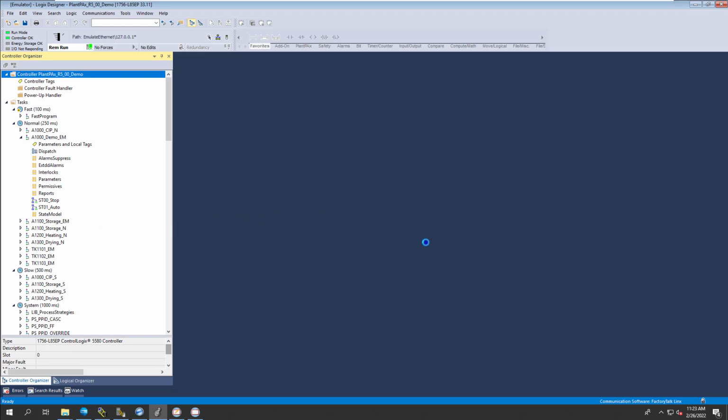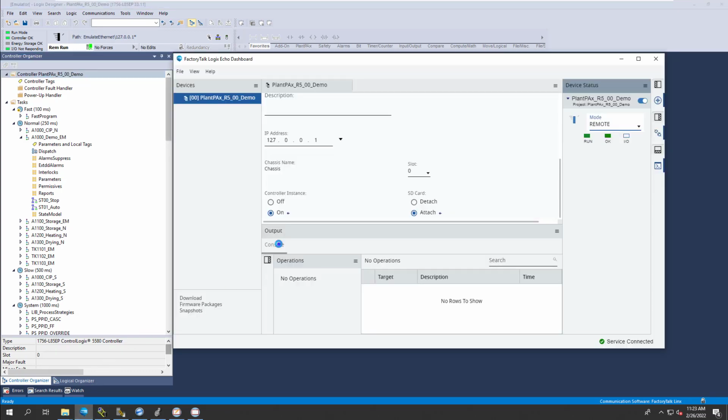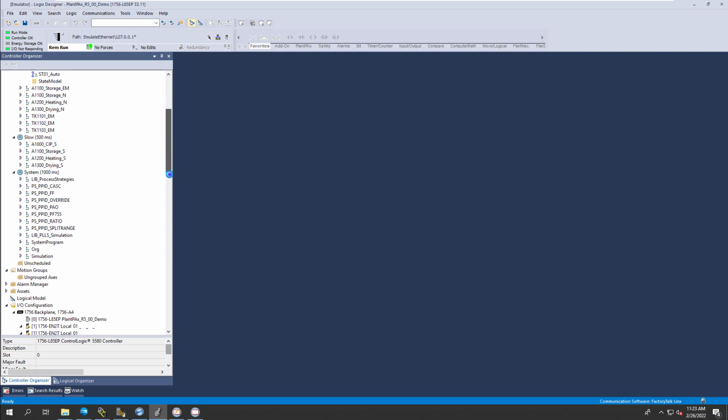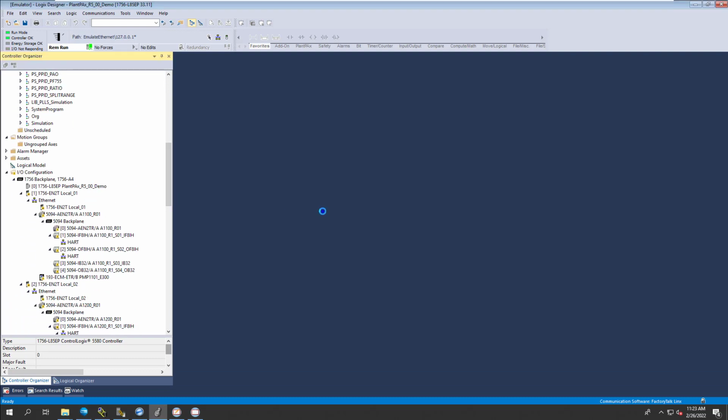But I want to introduce this and show you how this was done, because again, PlantPAX is a used thing, and 5.0 is moving forward, and also how to actually go in and utilize the FactoryTalk Logix Echo dashboard. Very simple, very easy to use, very helpful, and again, using a live process where you don't have to change your processor to an emulator. So hopefully that was good educational stuff,